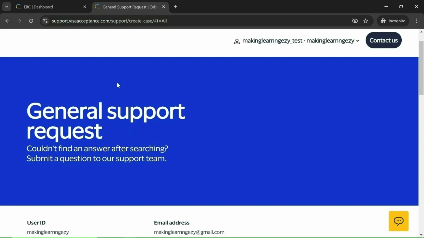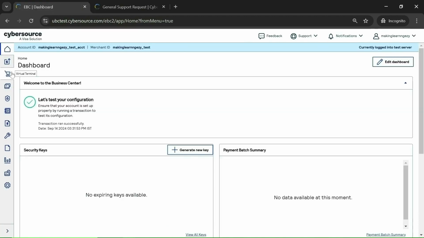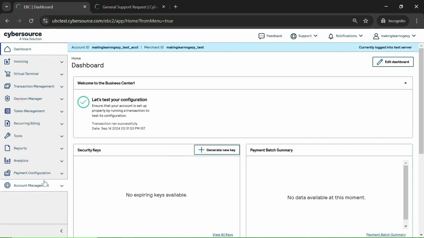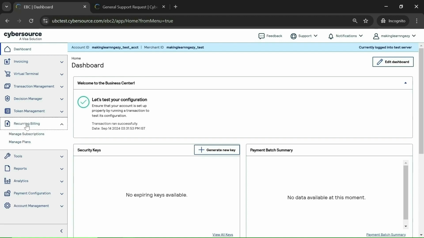Once the recurring billing service is enabled, you need to go to the CyberSource portal. You need to expand this. And here you need to check if the recurring billing option is appearing or not. With my account, the recurring billing service is already enabled. That's why you will see the recurring billing option here. If you see this option with your account, it means the recurring billing service is enabled for you. So this is how you can create a case and check if the recurring billing service is enabled or not with your account. In some time we will see the demo where I will explain how to use this option, recurring billing.